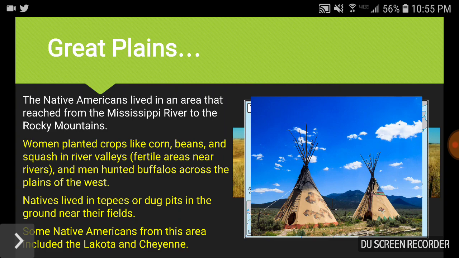And what's interesting is lots of times these Native Americans, even though they did use irrigation and they did plant down roots as a tribe, many of the males actually used these teepees because they were able to deconstruct or tear them down so that they could follow those buffalo herds across the Great Plains. Then they could kill the buffalo and bring it back to their tribe as a meat source. Native Americans from this area include the Lakota and also the Cheyenne.